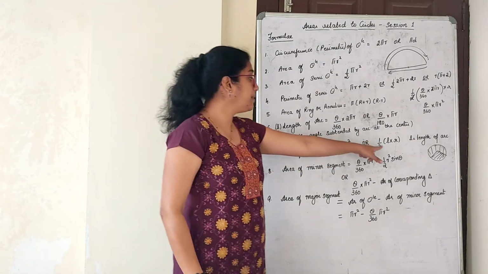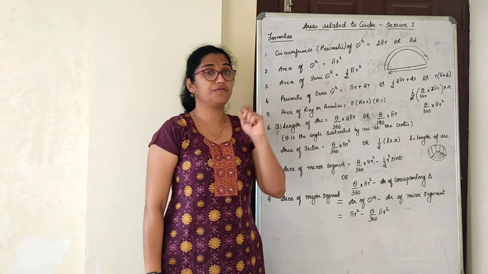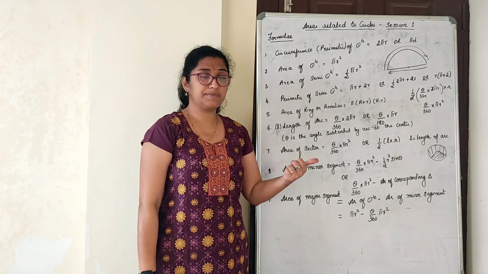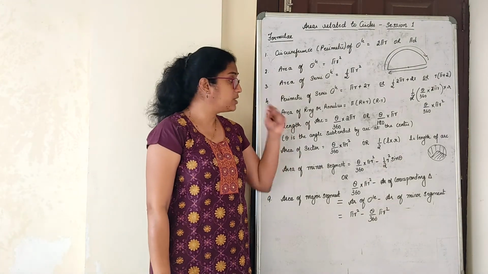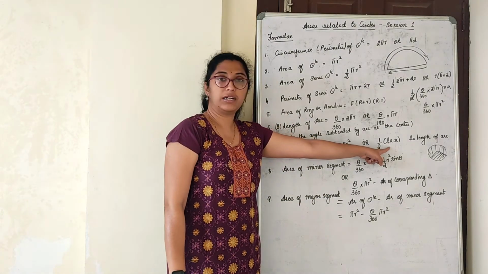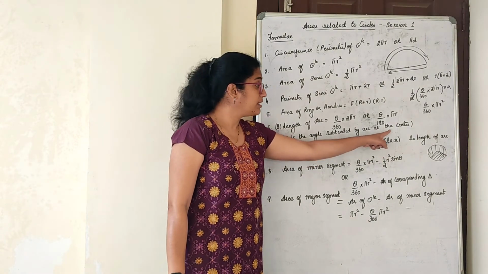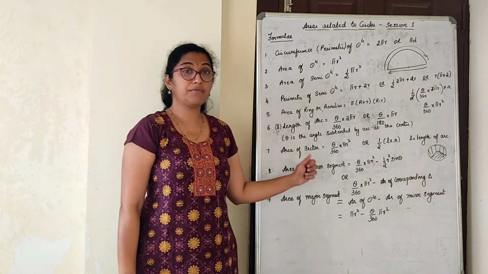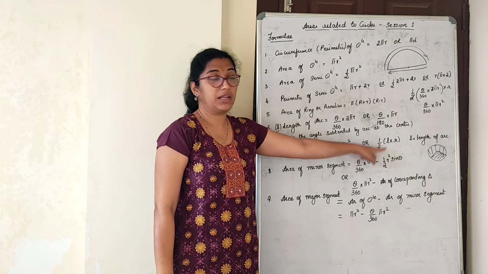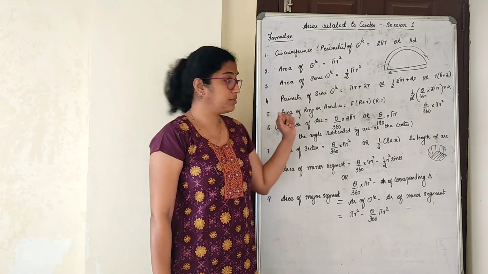But it can be used only if the length of the arc is mentioned. Find the area of the sector where the angle is mentioned, the radius is mentioned, as well as the length of the arc is given. Directly apply this formula only. You have to remember this. It's not given completely in this form in the textbook, but if the length of an arc is given, you can apply this formula as well. We have already understood how.